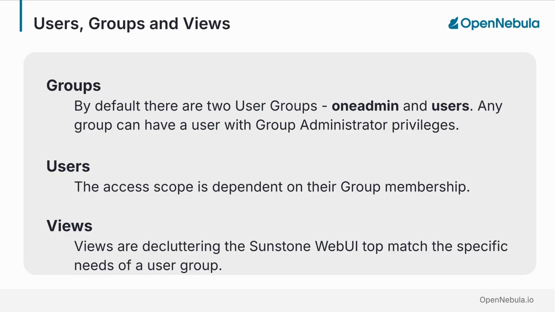In OpenNebula, there are two default groups, oneadmin and users. Oneadmin is the group for the top level administrative users, and adding a user to this group is going to grant root-like permissions automatically, while users is the group for all non-administrative users. If the user group is not specified during the user creation process, this user will automatically be attached to the